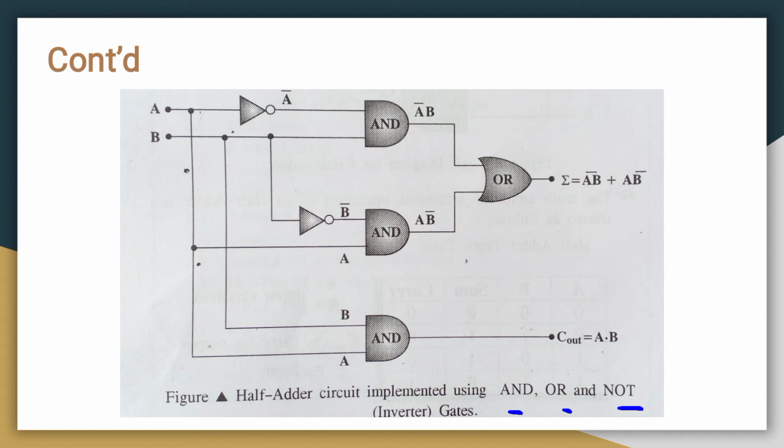When you are writing the answer to this question, please go through the question and concentrate on what they are asking. Clear? If they are asking for just the half adder, then you don't need this. If you are asked to write the particular implementation using AND, OR and NOT for the half adder, then you require this one. Otherwise, there may be a question to write the half adder for 10 marks, then up to this you have to write. Clear? So this is about the half adder.